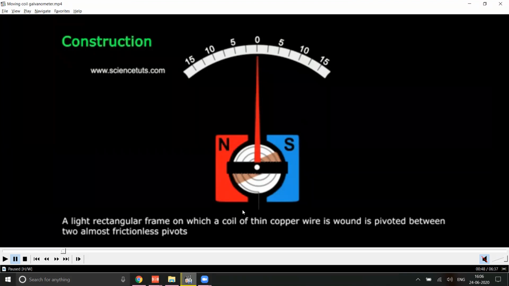There is a reason why it is done, and I'll tell you why. Questions are asked based on this, on why this concave shape is there, so you need to understand the concept. Again, from 0 to here they have taken the reading as 15. Depending on the requirement, you can control the number of divisions, so don't worry about the number of divisions.